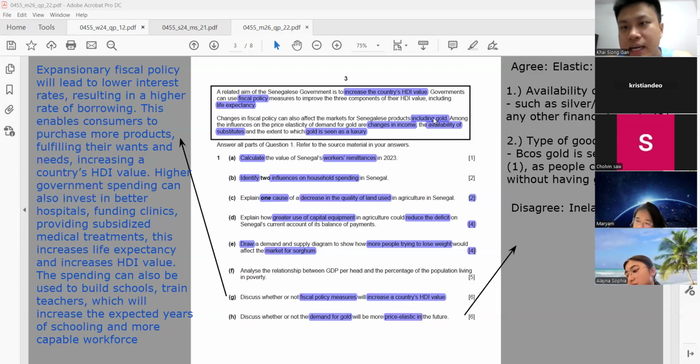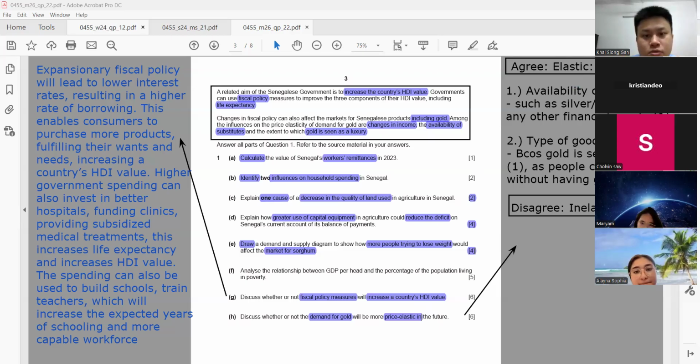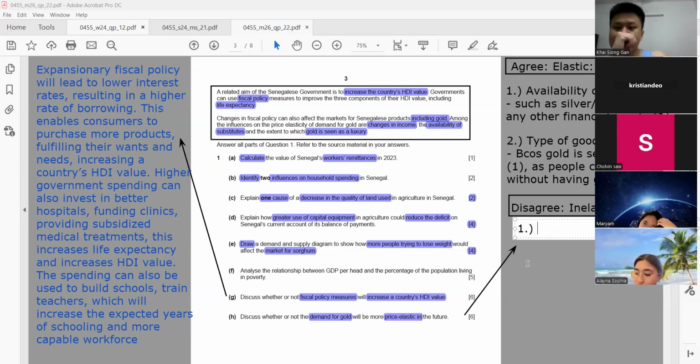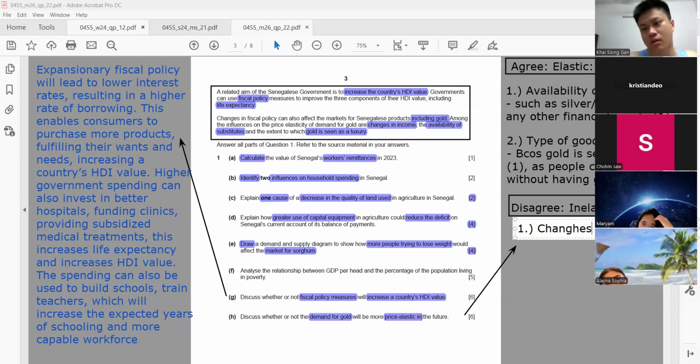Elena, you are right. You can talk about income as well. You can say income can affect the elasticity as well. But do you know why I didn't talk about income there? Because I want to put the income here. Also can, if you want to put that on the top, up to you. Any other? Only a few of you are answering me. For disagree, you can talk about income level, or changes in income. Not wrong.